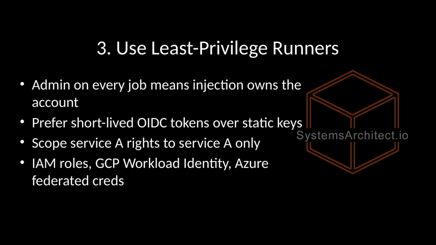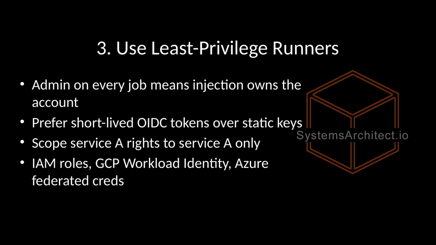Third, use least privilege runners. Why limit runner rights? Runners need cloud rights to deploy, but admin on every job means any script injection or bad action can own the account. Researchers have shown large shares of workflows are open to injection that can steal secrets when credentials are too wide. Prefer short-lived OIDC tokens per pipeline over long-lived keys, and give Service A only rights for Service A, tagged for